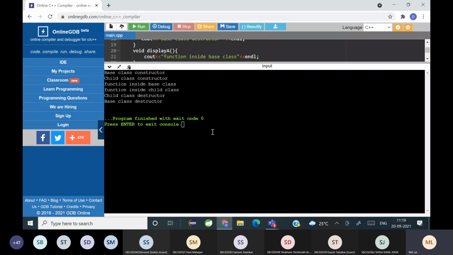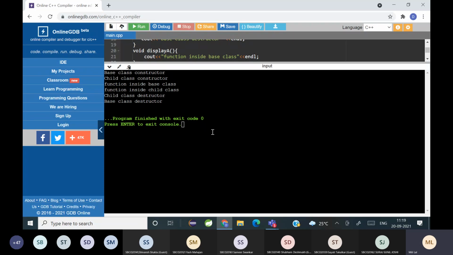You cannot delete a base class object or free a base class without deleting the child class. Because the child is going to point to the base, you cannot make a child point to an empty location, so it will result in a memory leak.